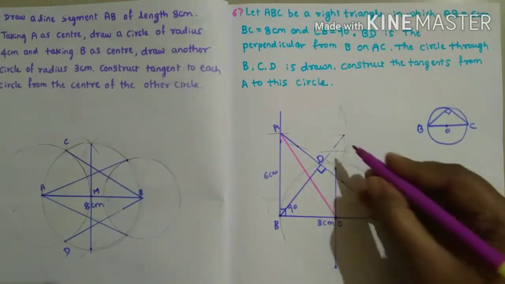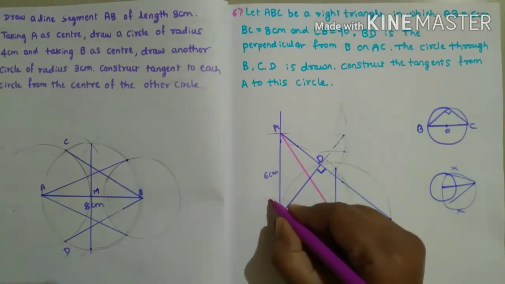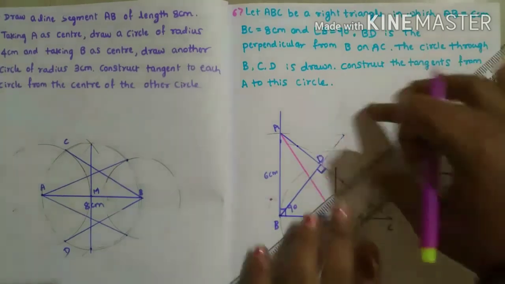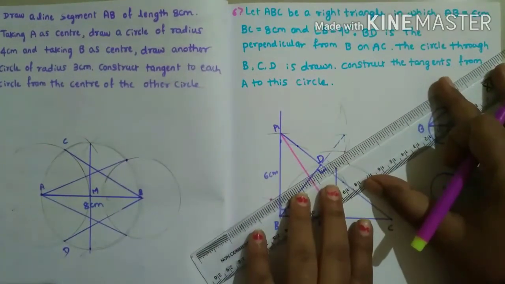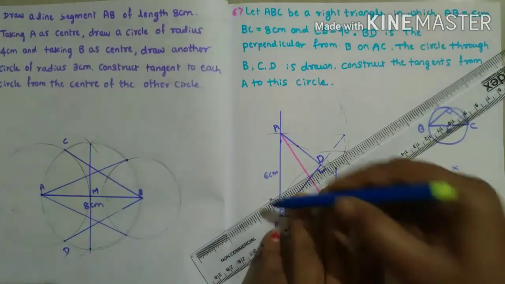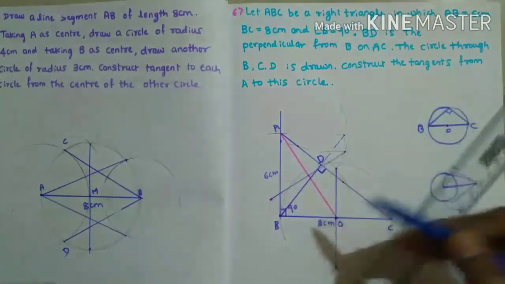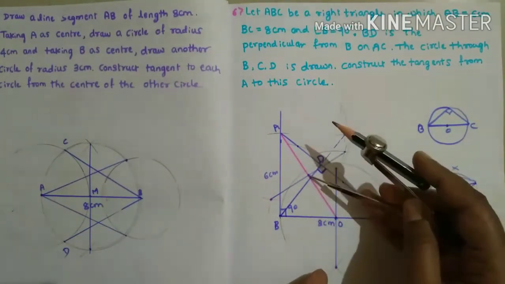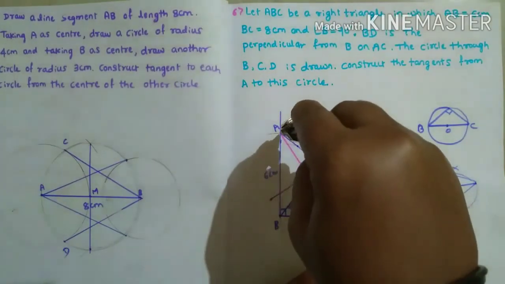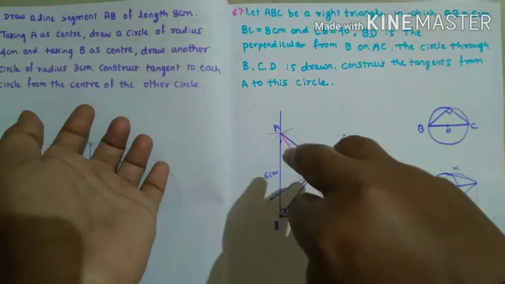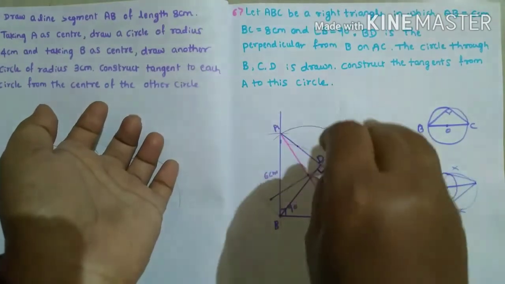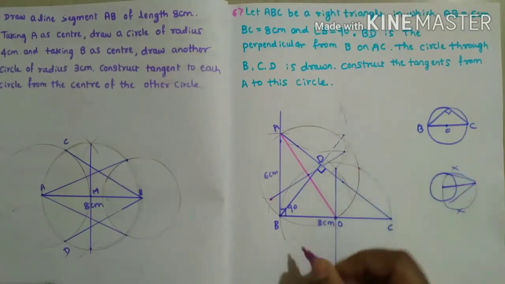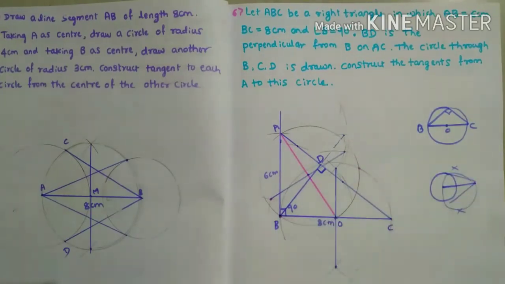I'll show you where it is coming. You have to bisect it, that's it. These two points, now I'll draw the line. This point you have to take as a center, and you should draw one more circle here like this. Draw one more circle, and where both the circles are meeting, see this point, and here it is already there.